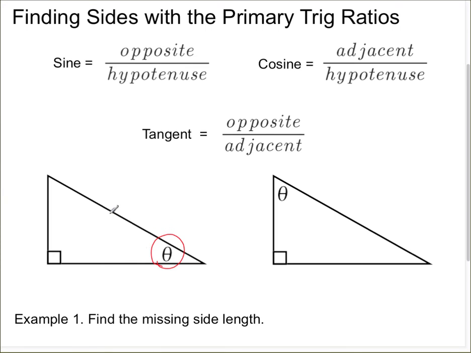Now here's how you tell the difference. First of all, as we learned with Pythagorean theorem, this points the way to the hypotenuse. So this side is the hypotenuse. Always, always, always. If you've got a right angle, it points to the side that's the hypotenuse. Which means that we can actually do that one in here too. That is the hypotenuse. Now, from this angle, I'm going to label the other two sides. So if I go directly across the triangle from the angle that I'm working with, the one that I circled, this side is called opposite